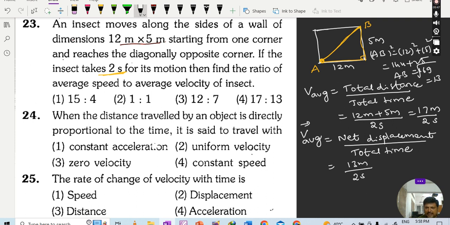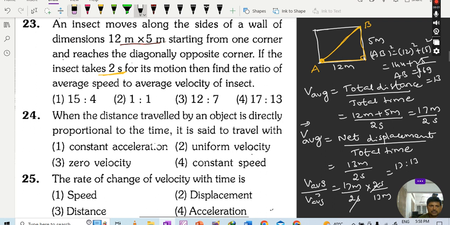So then find the ratio, that is average speed to average velocity. Average speed is 17 meter by 2 second and average velocity is 13 meter by 2 second. So 2 second gets cancelled. That ratio is equal to 17 is to 13. So the answer is option 4. Option 4 is the correct answer. Next, go to